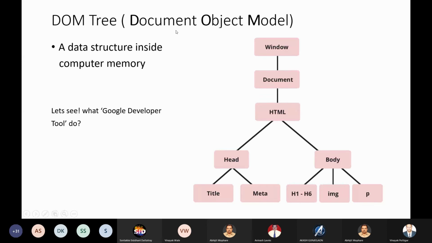DOM tree stands for document object model. I will be using this term quite frequently, so you have to understand it. Right now there is no need to go into the detail of what it is and how it is. Just understand that it is a DOM tree. Your document is converted into an object called a tree object, and that tree object is called the document object model. This tree object is processed by your browser, and whatever instructions are given are rendered or displayed on the screen. So this is the DOM.